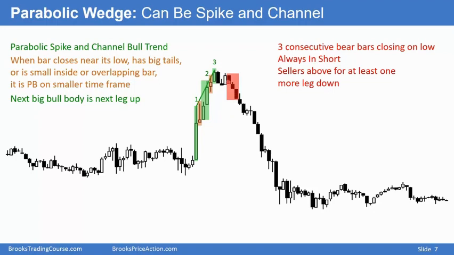These 3 consecutive bear bars represent the bulls giving up. It's a give-up series of bars, and the bears are doing the opposite. They know this is a potential parabolic buy climax. They know the bulls are disappointed by this bear bar, and the bears start to short with a limit order